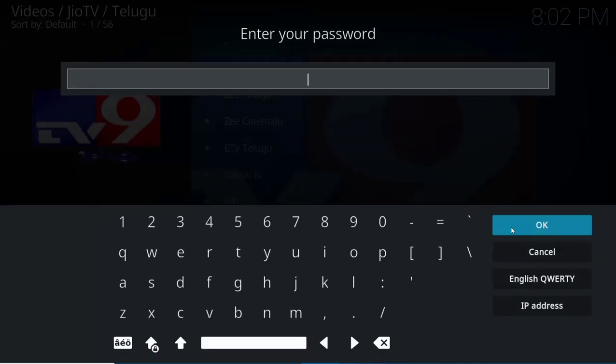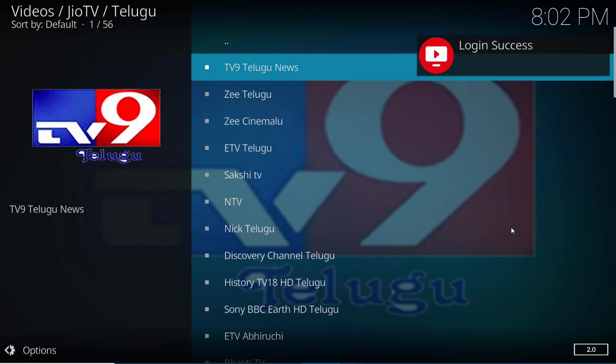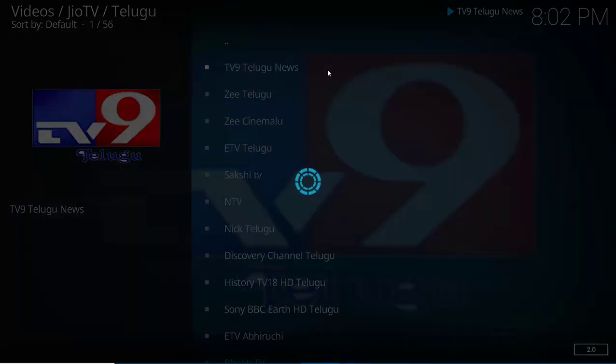After selecting OK, you have to enter your password. Then select OK. So you can see a message, login success. Now I will select this channel. It should work now.